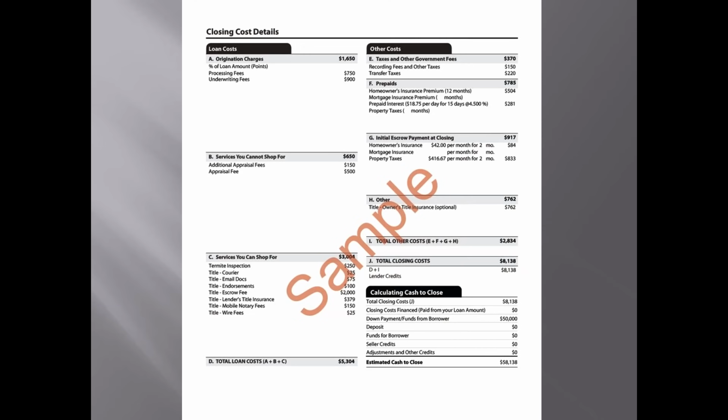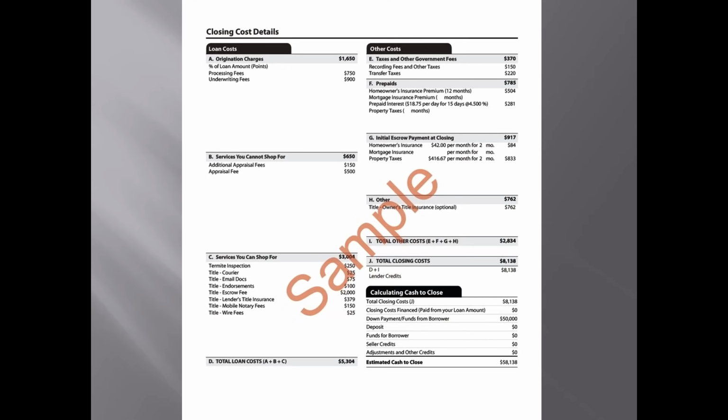Now, any seller credits that were not negotiated at the contract stage and included on the fee sheet we received from escrow will be reflected on the last section of this page. So if there's any credits, you guys, this is something that people ask me quite often. They're like, hey, Reed, I was supposed to be getting some credits, where is it listed? If you look on this document on the far right-hand corner and you look down, you'll see seller credits,